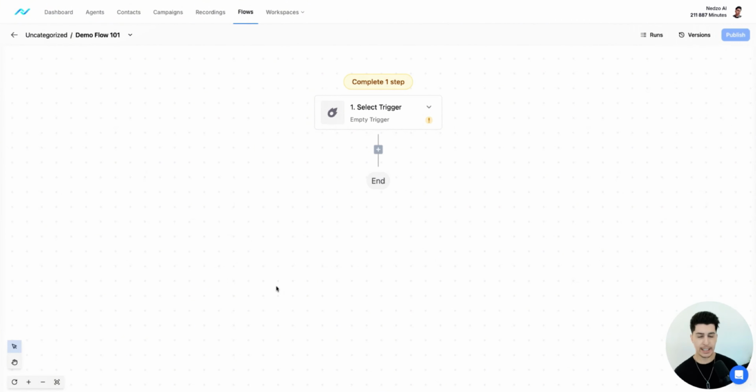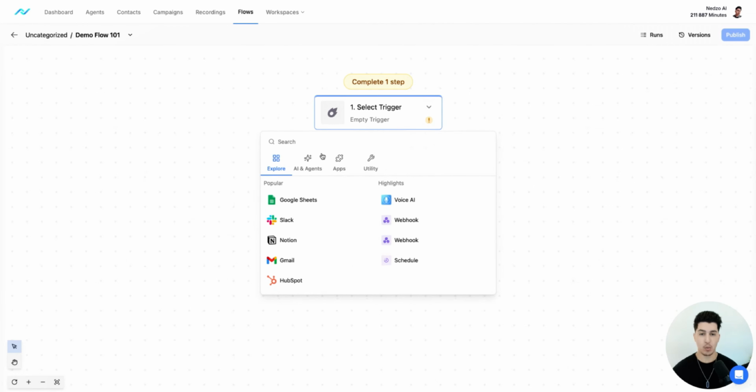Well, digging into the flow, first thing is you need to set a trigger. What is a trigger? It's essentially what will enable the reception of information so that then you can trigger additional actions. One example is, as you see here, once we click on the search bar, you'll see popular apps and also some highlights. These are highlighted by us, and you'll see here Voice AI, which is Nedzo's main actions and